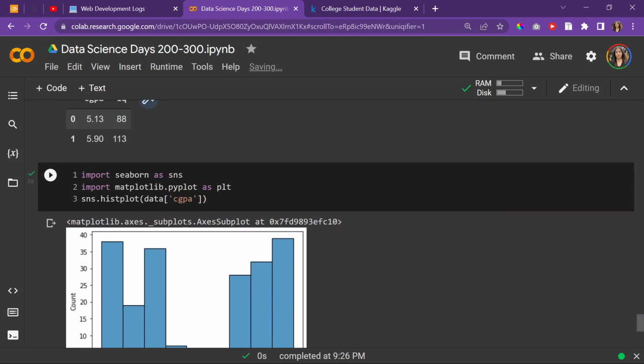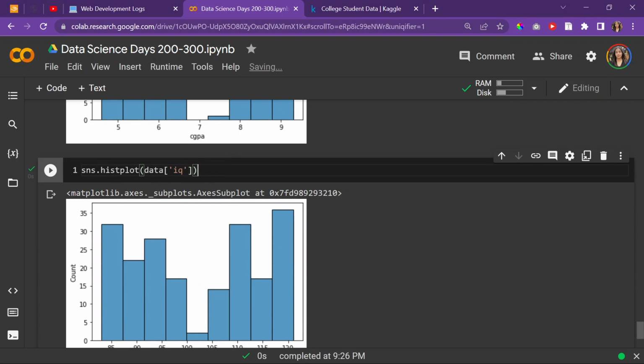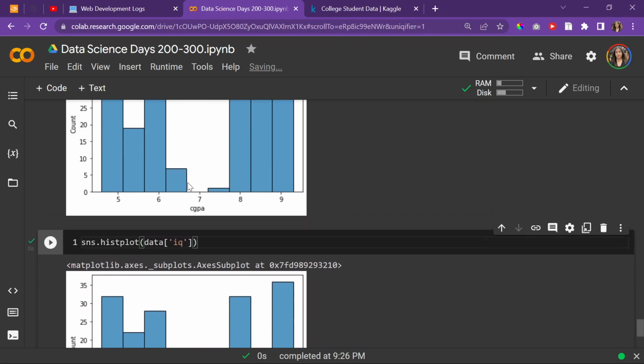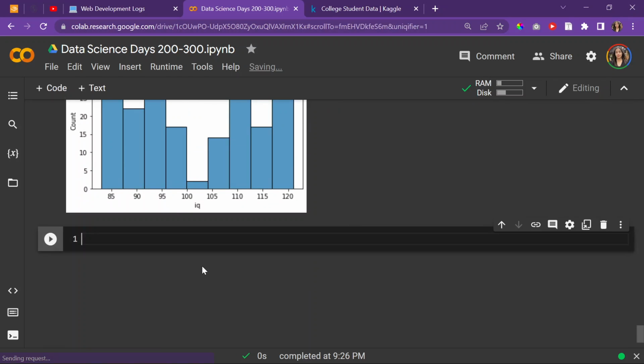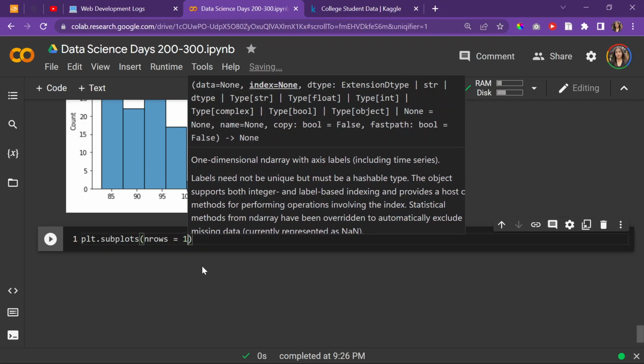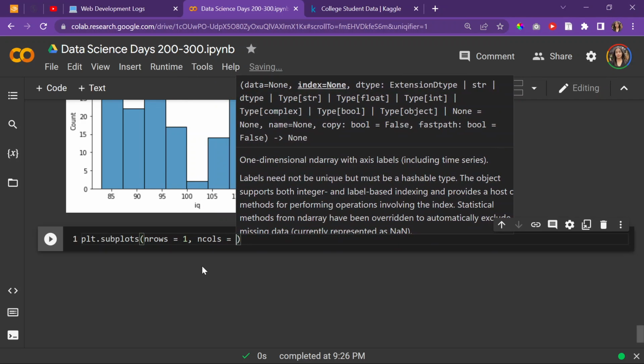What if I want to plot this in the same figure, like in the same graph, I guess? Well, these 2 are called graphs, but I want to plot them in the same figure. How do I do that? Well, I already have Matplotlib and Seaborn imported, so I'm going to do plt.subplots, and I'm going to set nrows, so number of rows, equal to 1, number of columns equal to 2,